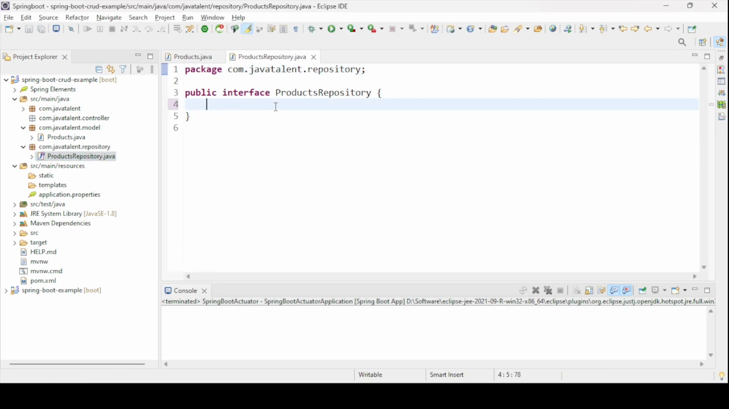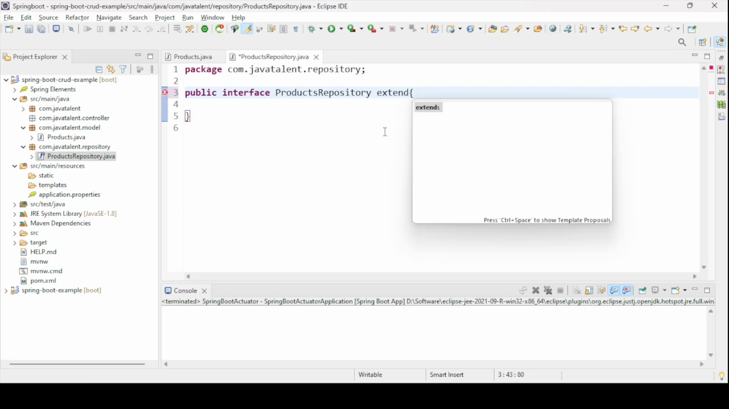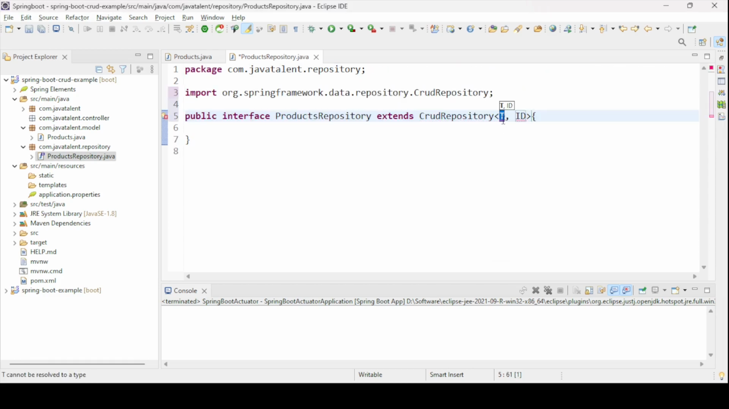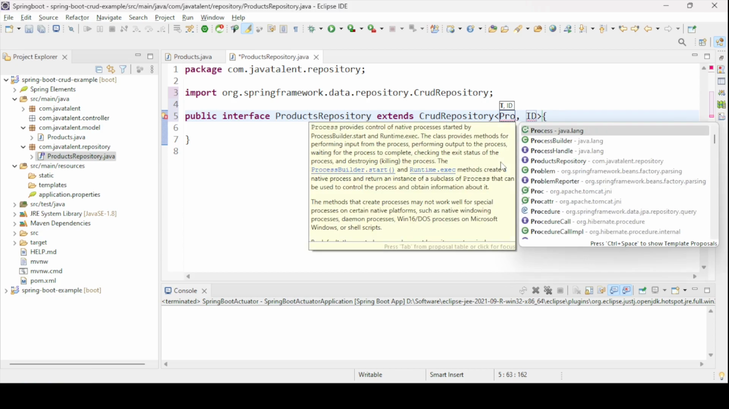And I wanted to extend the CRUD repositories. So let me extend this CRUD repository. See, CRUD repository is expecting type T, meaning the first value. What will it be? Our model class